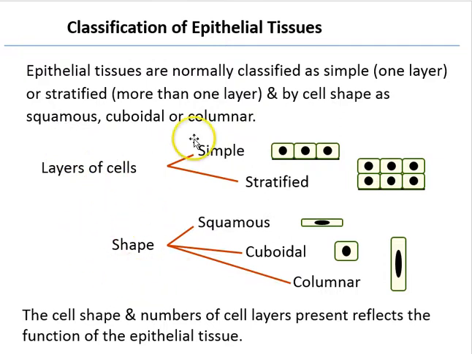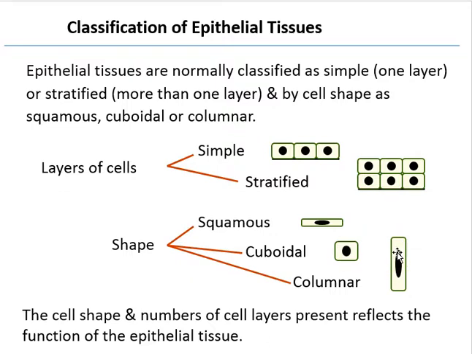If we have a single layer of cells in the tissue, we call that a simple epithelial tissue, as seen here, single layer of cells. If we have multiple layers of cells in the tissue, as seen here, we refer to that as stratified. The other criteria we consider when classifying an epithelial tissue is the shape of the cells. If the cells are flat, we refer to them as squamous. If we cut the tissue side on and the cells appear approximately cube-shaped or square-shaped, we call them cuboidal. And if we have tall column-shaped cells in the tissue,